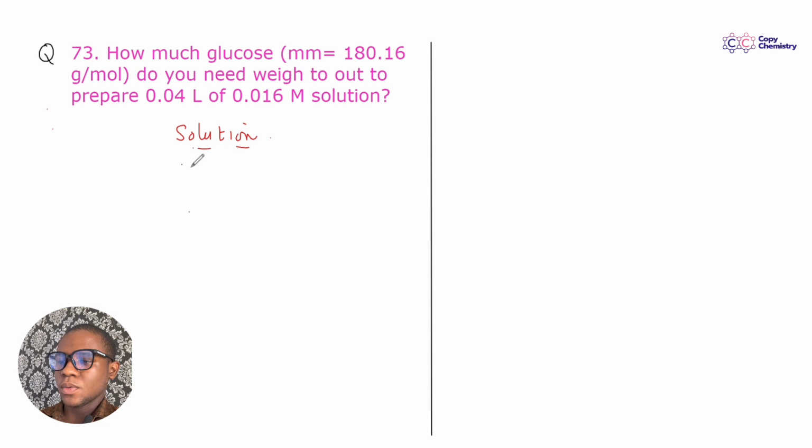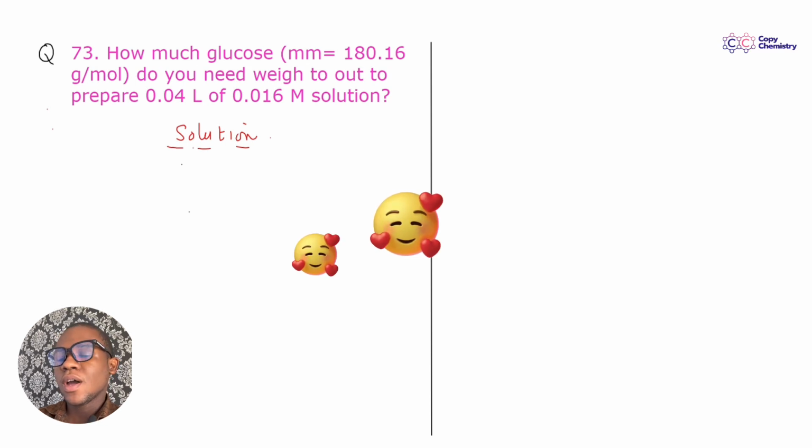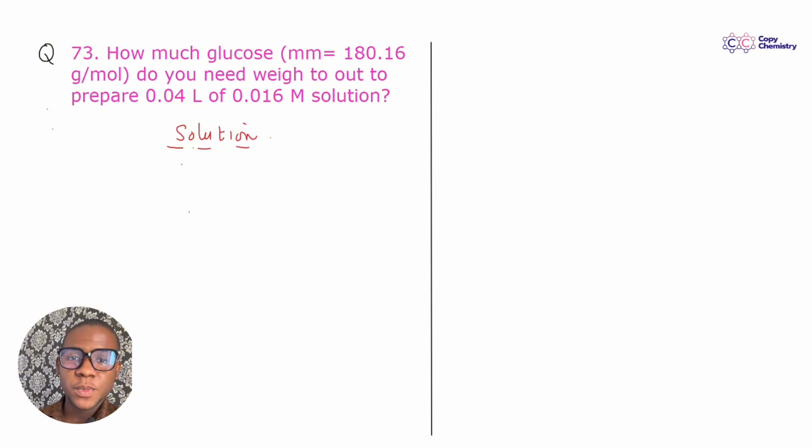Okay. So here's the solution to it. How much glucose do you need to weigh out? They've given us the molar mass of glucose, so that's good. They're very kind. The volume of the solution is 0.04 liters, and the concentration in molarity is